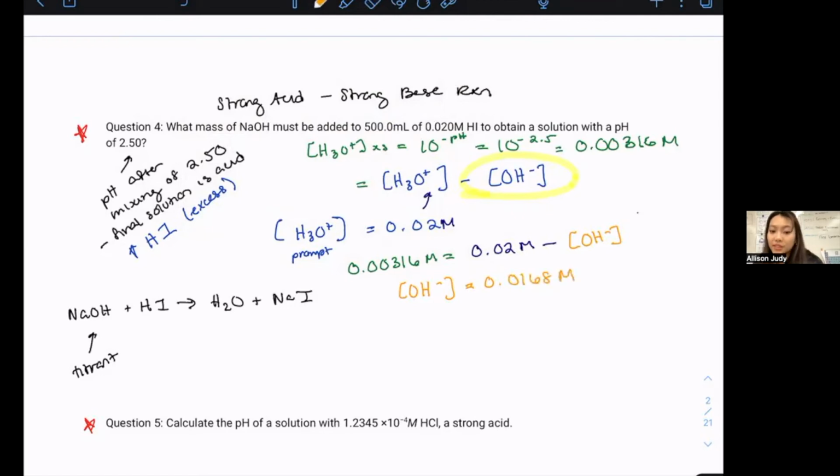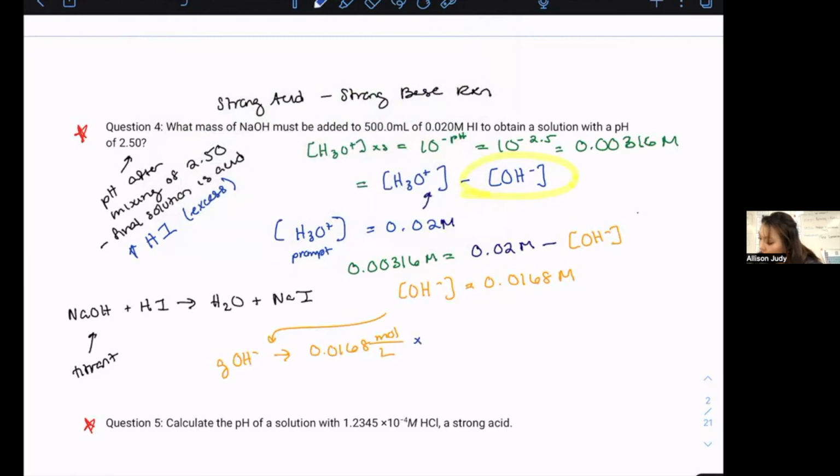Okay, 0.0168 molar. And if I know my molar concentration, I now can use molar mass and the specific volume that it has to be added into to figure out the amount of grams. So now what's the grams of OH minus? Well, I know that the molarity is 0.0168 moles per liter. I need to get to grams, so I'm going to do some